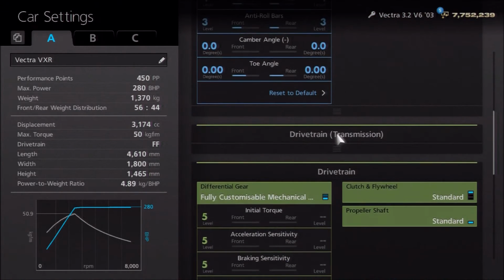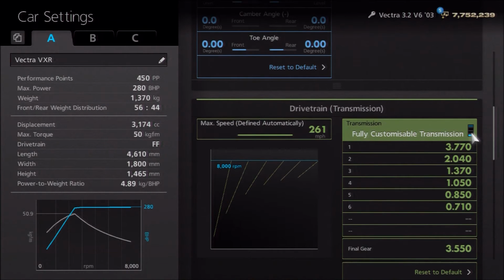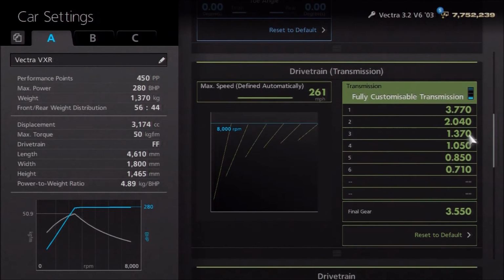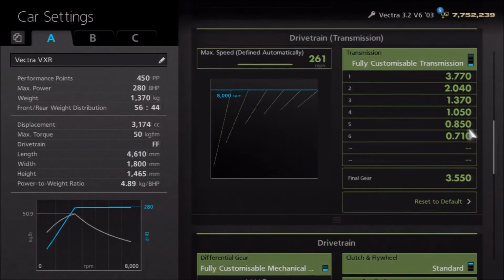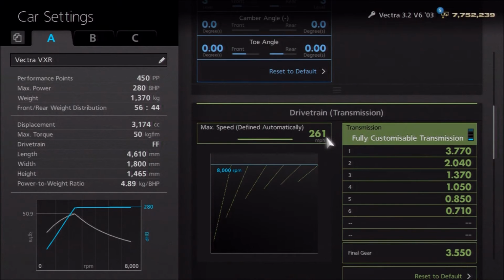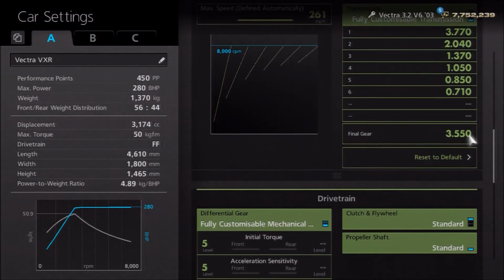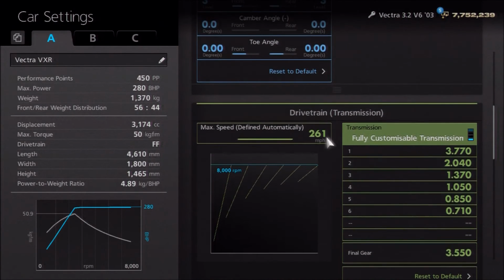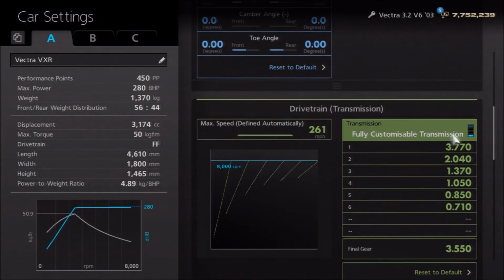And finally, for the gearbox, and this is another point which requires something a little bit different to usual, because for this car you need to do a gearbox flip. In order to do that you need to take the gearbox to its stock form, so reset to default, then take your auto setting and put it all the way up to 261, then come back down to your final drive, put it down to 3.4, then come back up to your auto setting, click it down and up a peg back to 261,